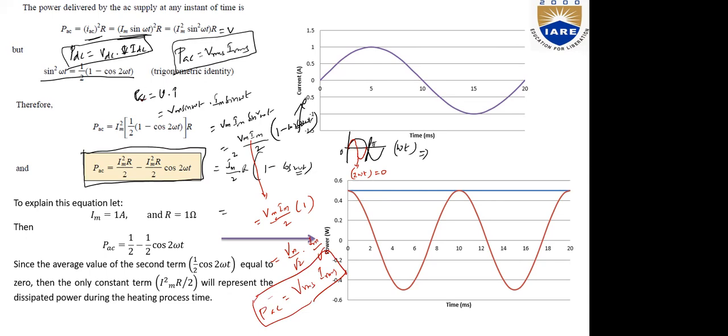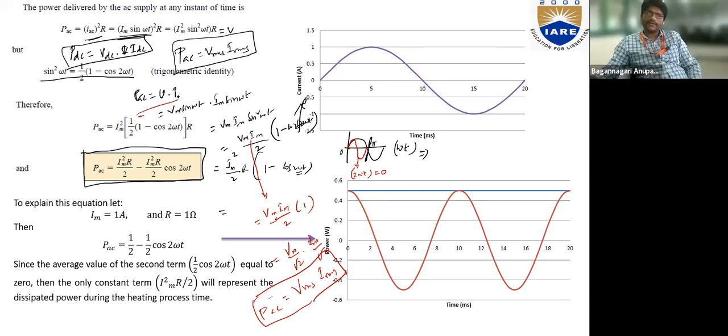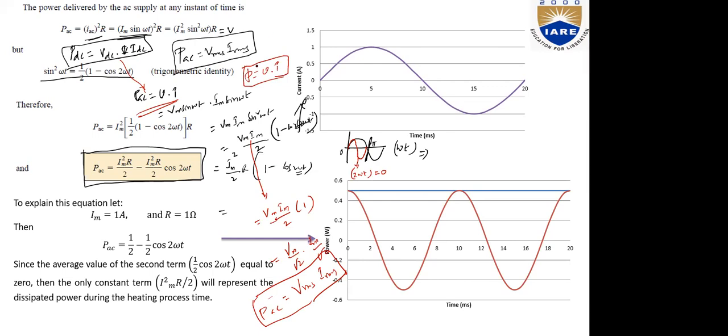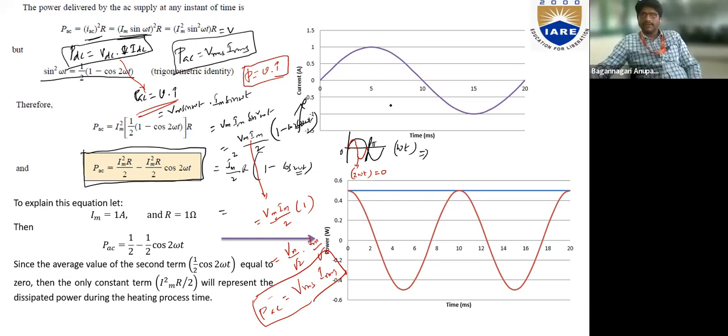We have followed the same principle where we wrote the equation for DC. We are writing the same instantaneous value. What is the instantaneous power we wrote? Small p is equal to small v into small i. Is that okay? So this is how you calculate the value of power in an AC system.